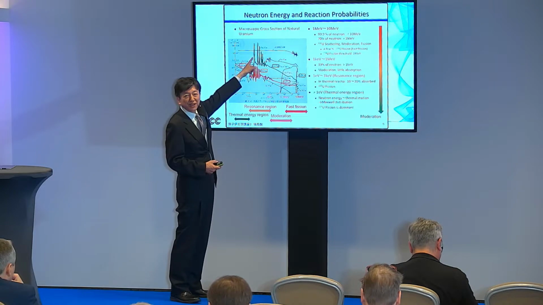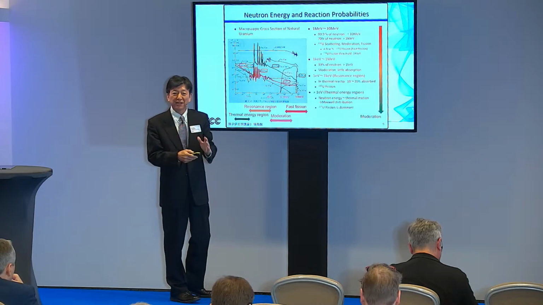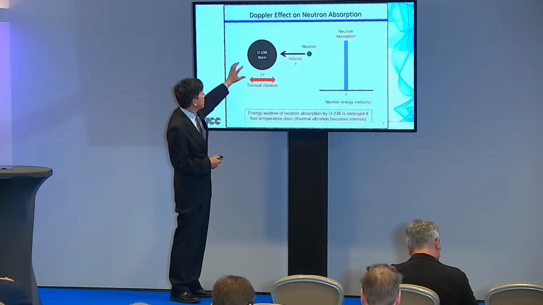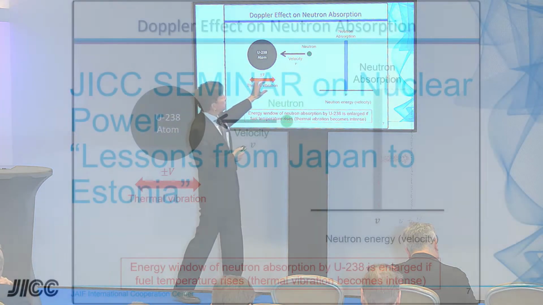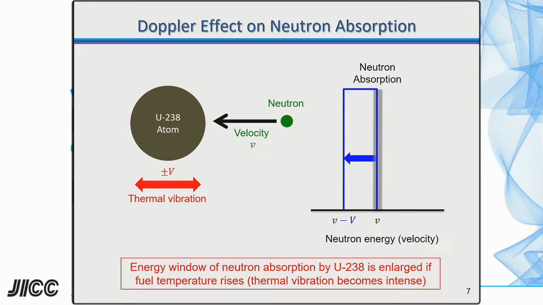This peak and the absorption of neutron happen in this very narrow range of the neutron energy. However, as you see, if the uranium is thermally vibrating, the narrow range of neutron absorption becomes larger, wider, because the relative velocity becomes v plus v. At the same time, when the uranium is moving right-hand side, the relative velocity should be v minus v. That means when the atom, uranium-238 atom, is vibrating,